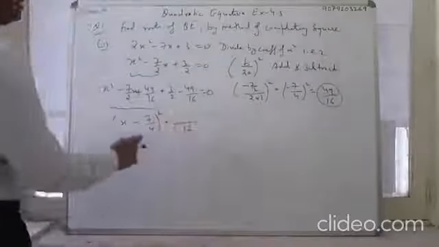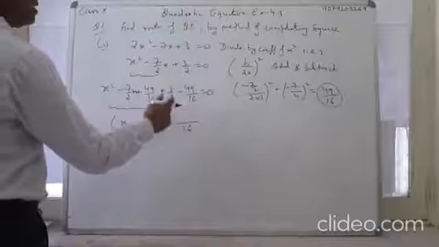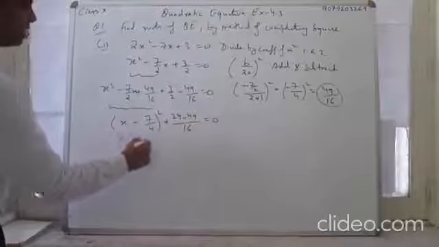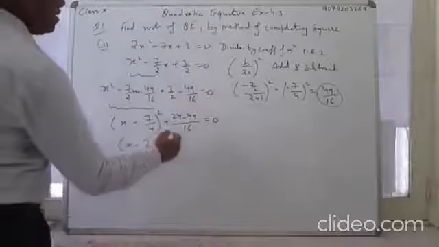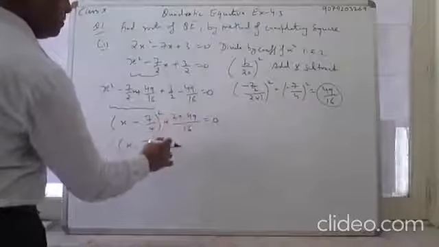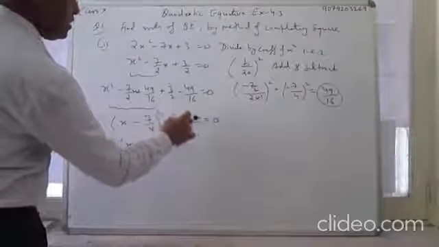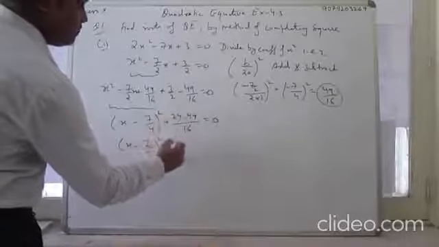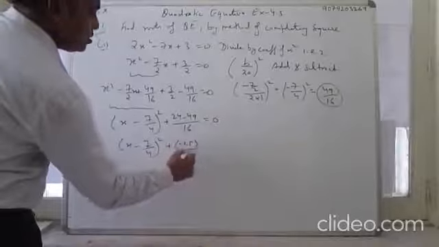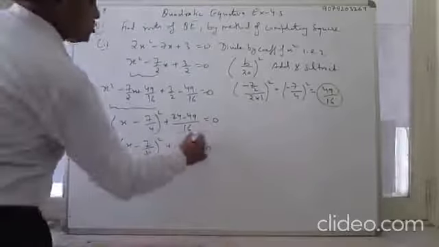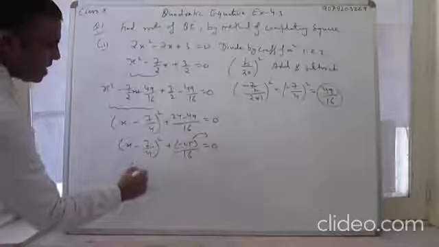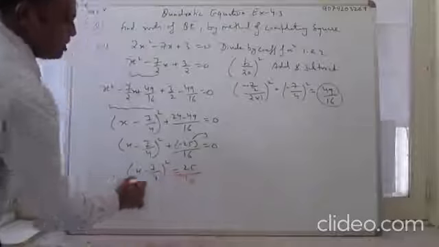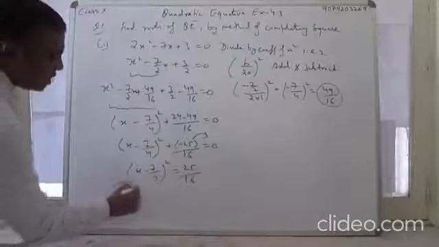16 is LCM. It becomes 28 3 24 minus 49 is equal to 0. So (x minus 7 upon 4) whole square plus, 49 में से ये गया तो कितना बचा? 25, minus 25 upon 16 is equal to 0. Now transpose this that side, so it becomes plus (x minus 7 upon 4) whole square is equal to 25 upon 16. Taking square root on both sides,